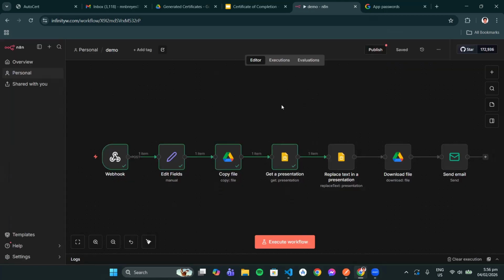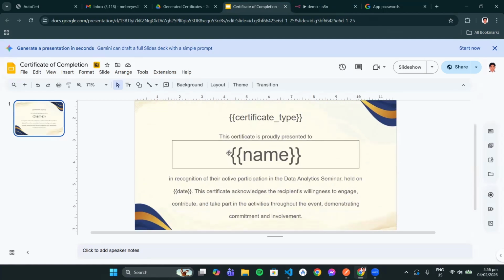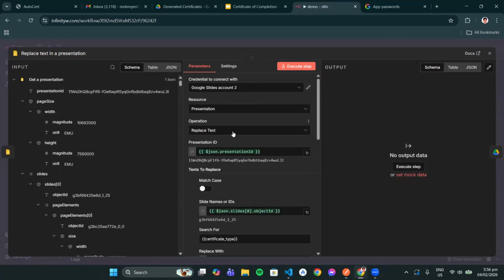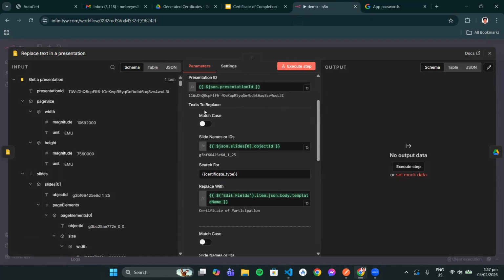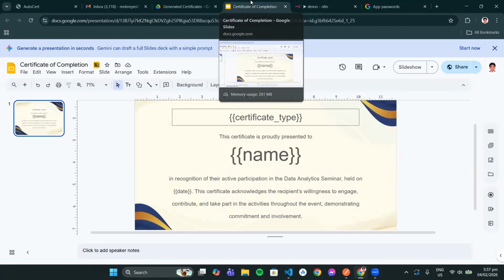After that, we would need to replace the text, the placeholders. As you can see here, there's certificate type, name, and date. So you would need another Google Slides node, but the operation would be replace text. Then same as before, we would need to get the presentation ID here, and then the text we want to replace. So for the slide, name our ID and get the object ID of the slide here, so it knows which slide we want. Then for search for, we need to put the placeholder,